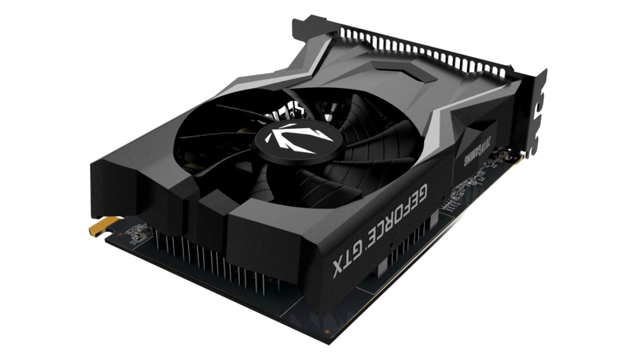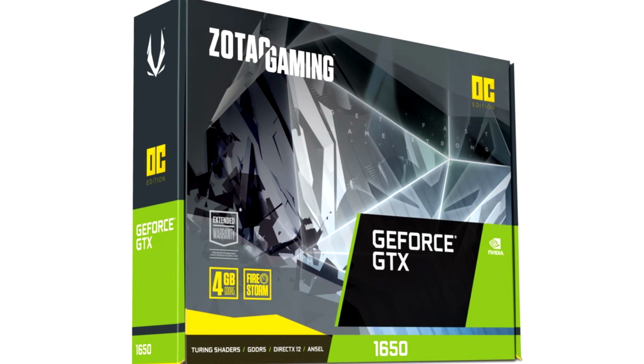Pros. Turing architecture is really energy efficient. A first experience in 1080p possible. Powerful cooling system. Good consumption. Cons. Its price is too high for now, which places it in confrontation with the RX 570, which are more efficient. Overconsumption, very often symptomatic of ZOTAC cards,